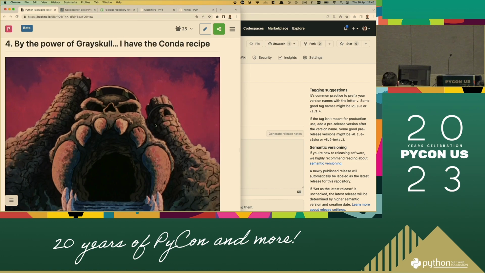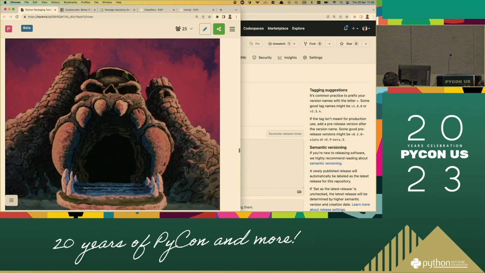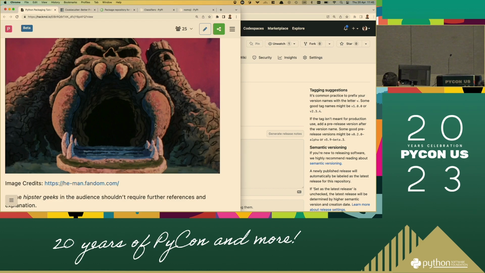Essentially, the reason why this is called Grayskull is because it's an open source reimplementation of a previous system which was called Conda-skeleton. And so they came up with Grayskull. I think it was genius. Anyway, Grayskull is an open source project that you can use to automatically generate a conda recipe for you, starting